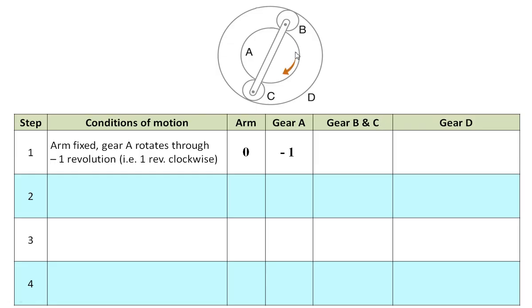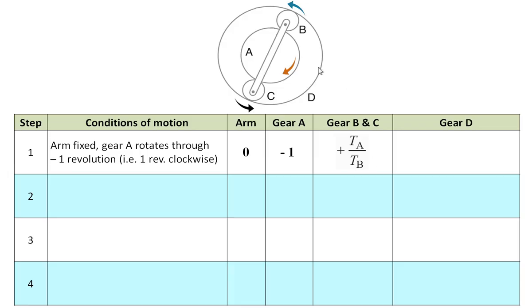Now for gear B and C, let us analyze the directions of rotation. As we have stated in the assumption that gear A is having clockwise rotation, we have anti-clockwise rotation for gear B because it is externally engaged to gear A, therefore it will follow opposite direction. So gear B will have anti-clockwise rotation, and as per our sign convention it shall carry a positive sign. Therefore the speed ratio for the gear B and C commonly will be plus number of teeth on A divided by number of teeth on B.